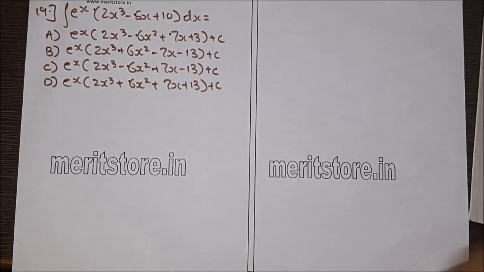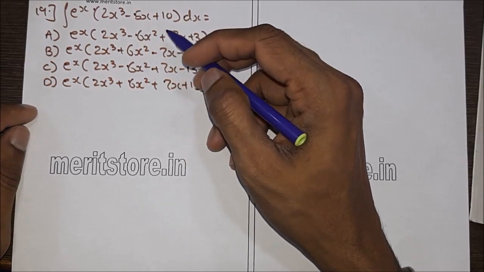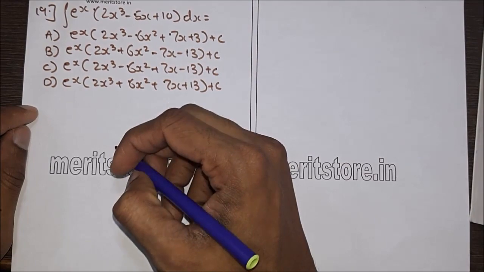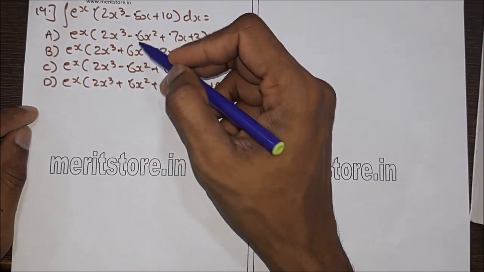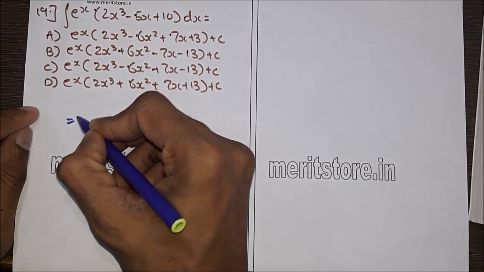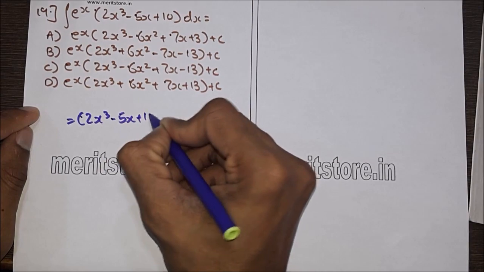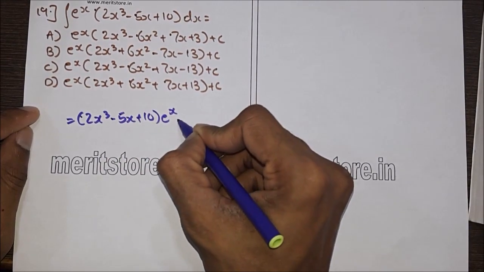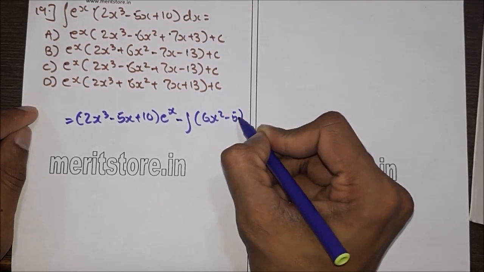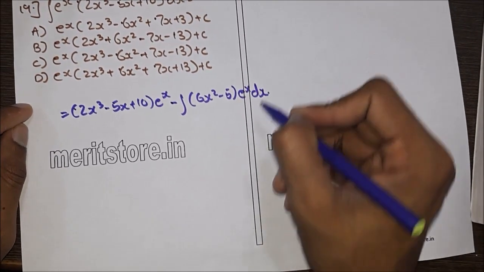Question 19. Integral e raised to x into (2x cube minus 5x plus 10) dx. We use the u into v rule of integration. We get (2x cube minus 5x plus 10) e raised to x minus integral (6x square minus 5) e raised to x dx. For solving,